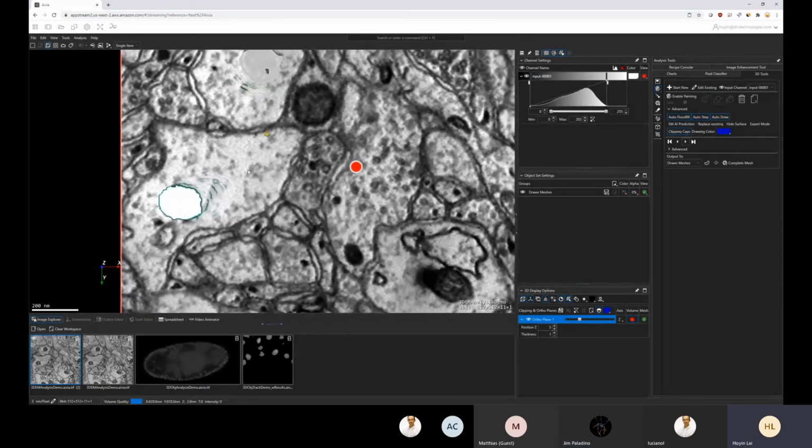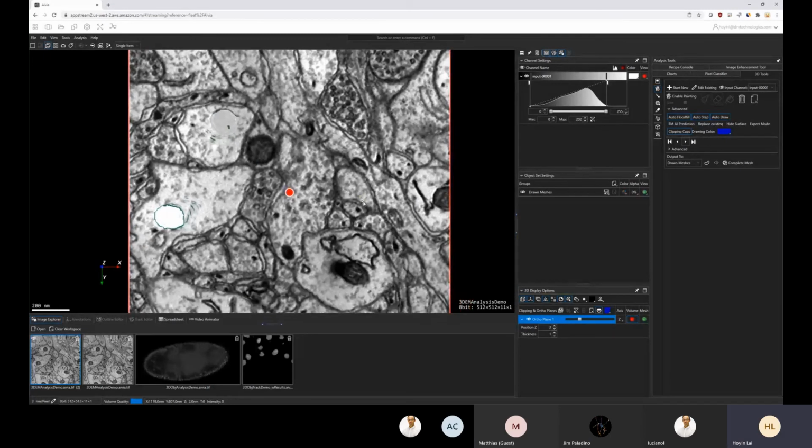Okay, so ideally, I would try to train on all of the objects that have the same kind of appearance as the objects I'm looking for. And then once I'm finished with all of that, I can go ahead and save this object into a mask. If you go to object settings,